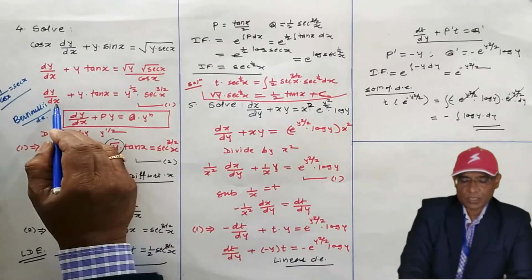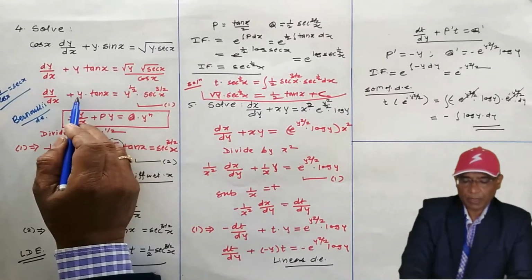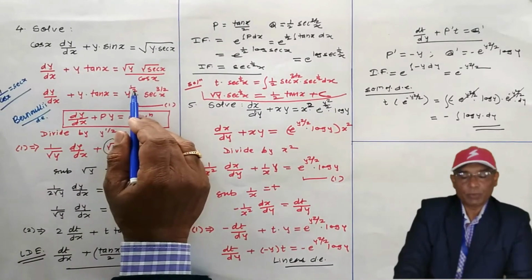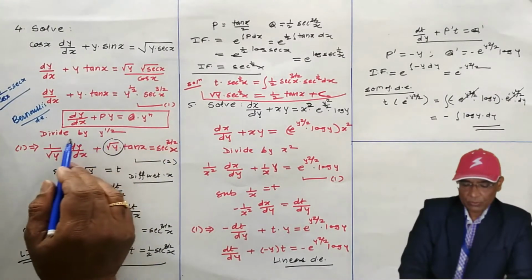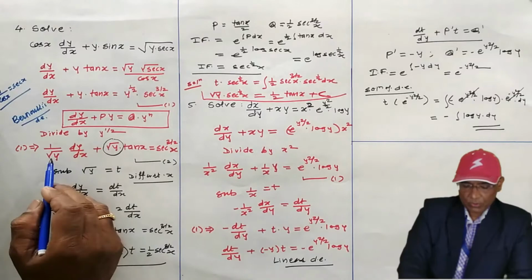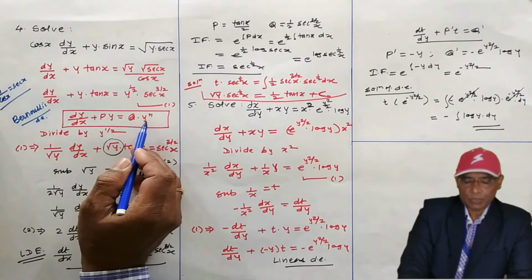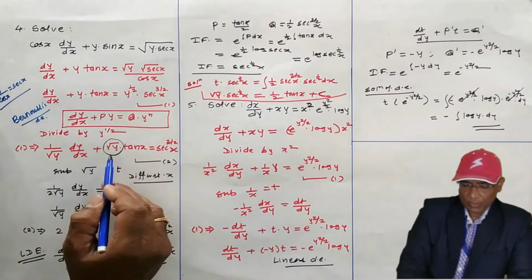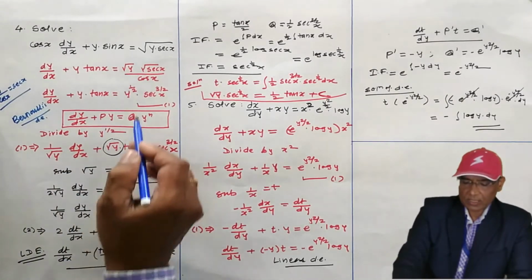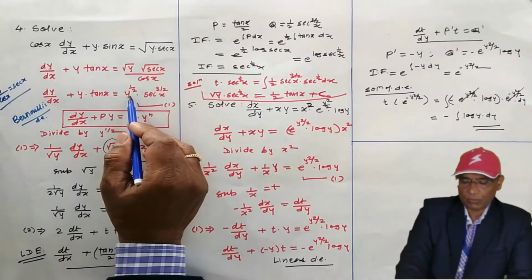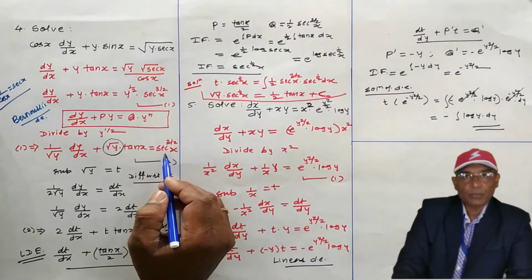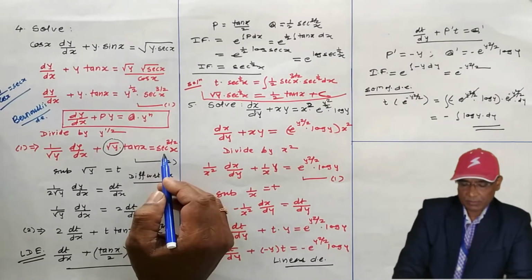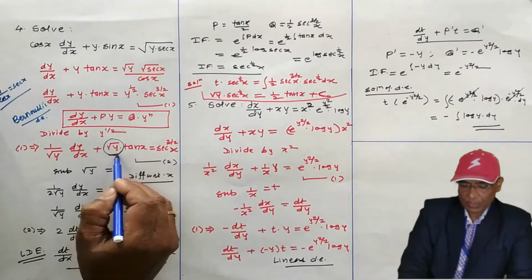dy by dx plus Py is equal to Q into y to the power n. Divide this by y to the power 1 by 2, that is, 1 by y to the power 1 by 2. Y to the power 1 by 2 means root y. Y by root y is root y. This is as it is. Dividing by y to the power 1 by 2 or root y, this will be there. Now, when you divide it by y to the power n, the middle y component is equal to t.